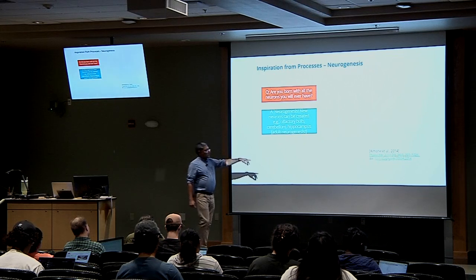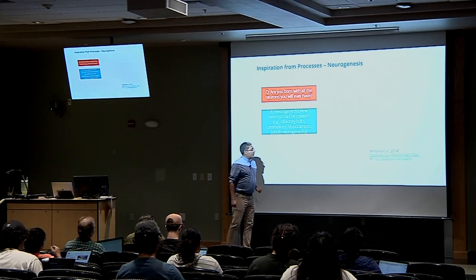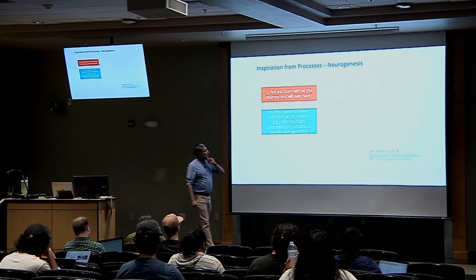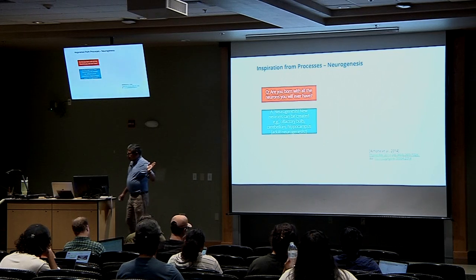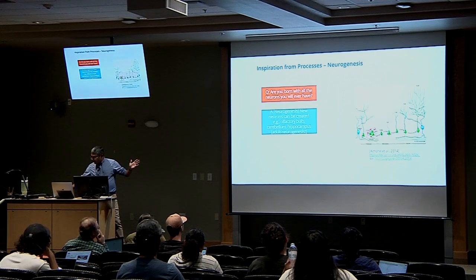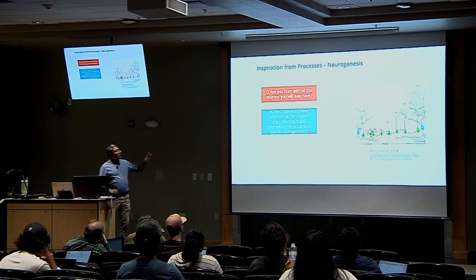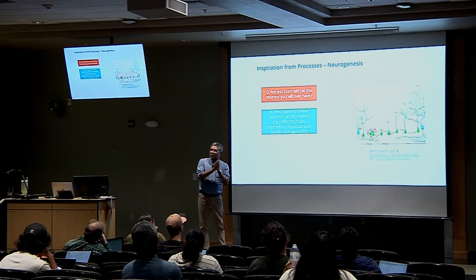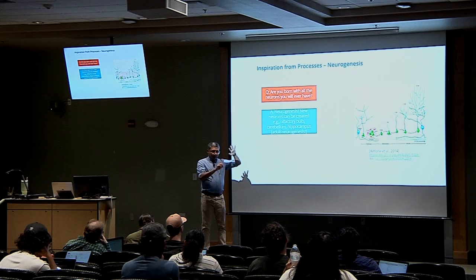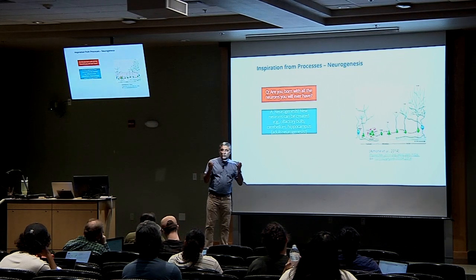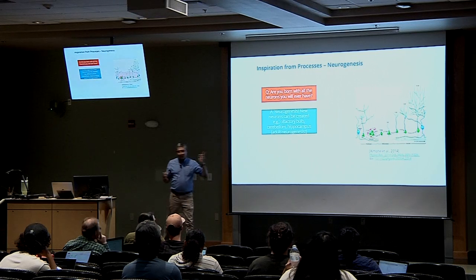Adult neurogenesis was studied by one of my colleagues in my department for his PhD, and now he's one of the distinguished members in my department. What he did was use his team to look at this process where new neurons are created in hippocampus, which means something very interesting. If you take a network and start inserting nodes, you're increasing the dimensionality of what you can compute. So what sort of problems can you solve using that kind of mechanism?